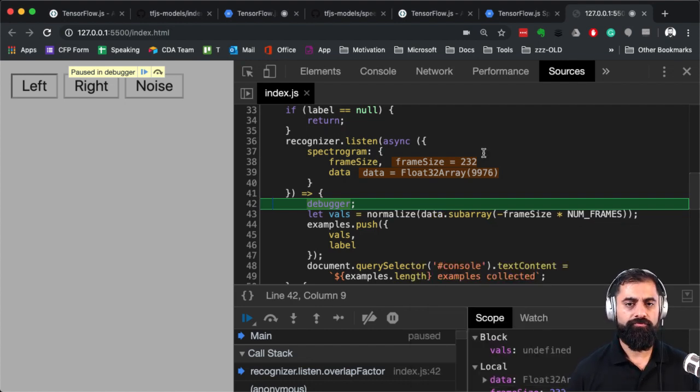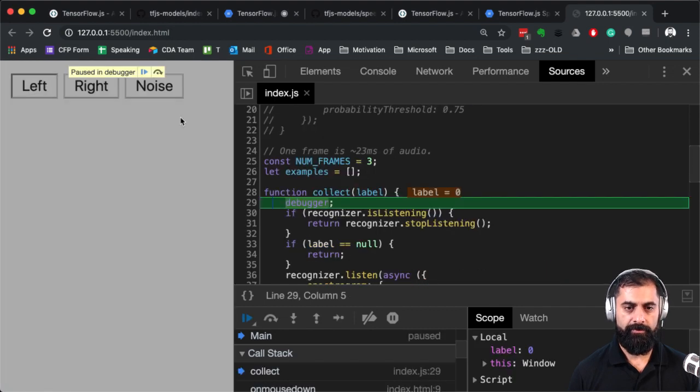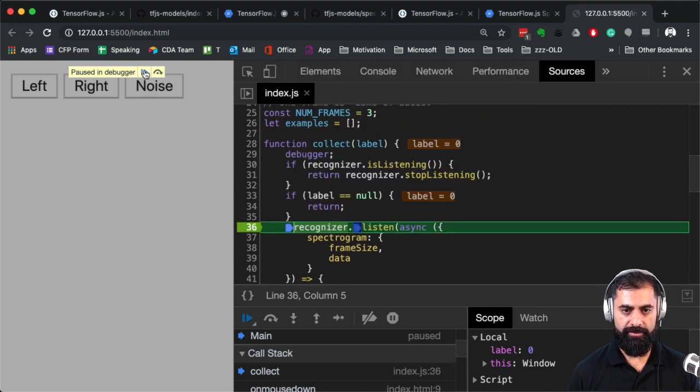Do you know what? I must... I didn't say anything, that's why. Okay, let me do it again. Left. And it's going to start listening from this point. Okay, so I'm going to jump to there. Fine. And then it's going to listen for 5 seconds. So I'm going to just say 1, 2, 3, 4, 5, and we'll see if that works.